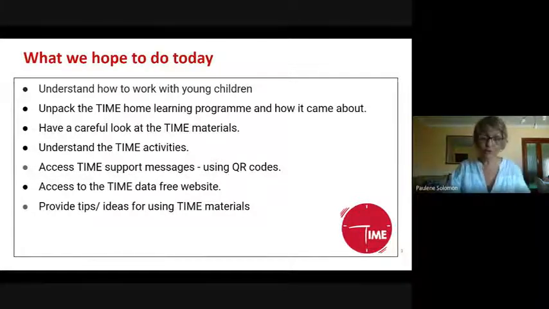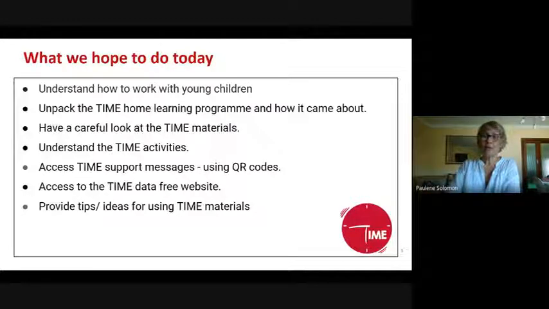For those of you who are familiar with TIME, last year we did have support messages, but through feedback, we're trying out a possibly better way of allowing you access to support messaging. We're excited to share that with you today.